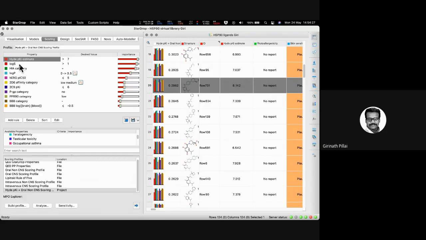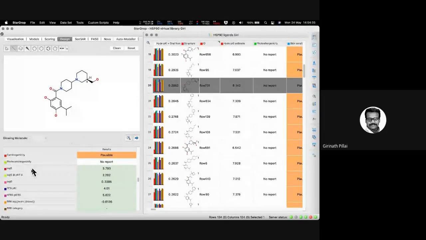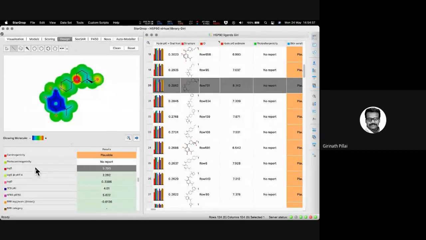The next important criterion is my solubility, aqueous solubility, then LogD and hERG. Going back to the structure, let me look at the solubility criterion, because this is my second highest priority. When I look at the aqueous solubility for this structure, it is 3.79, and for the hERG, it is 5.622. So keep that in mind: these are the two values, 3.7 and 5.6.